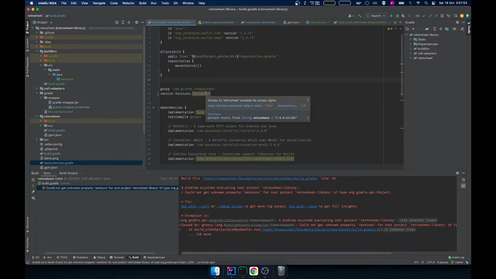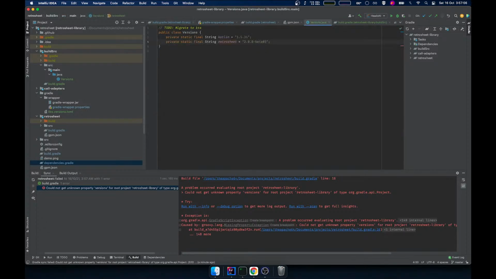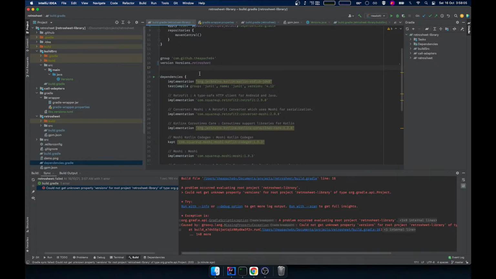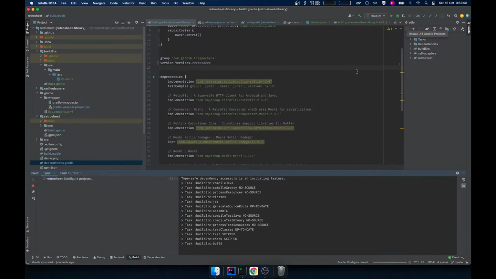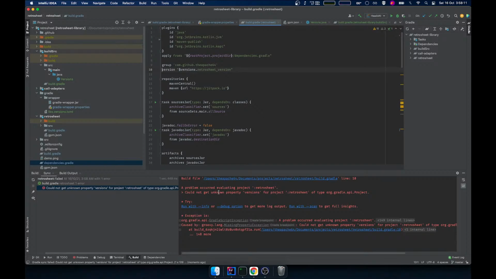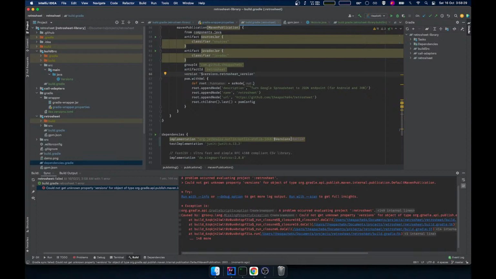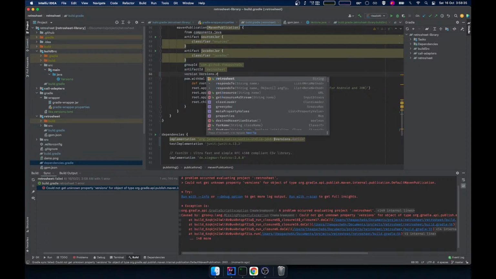Access to Retrofit exceeds its access, right? Alright, should be public, but then how did the other Gradle get the value? I don't know. Could not get unknown property versions, right? You're right, it's an unknown property for you. You should use versions dot Retrofit. Oh god, Retrofit, yeah. And you're saying, what are you saying here? Okay, you also need to call versions dot Retrofit,